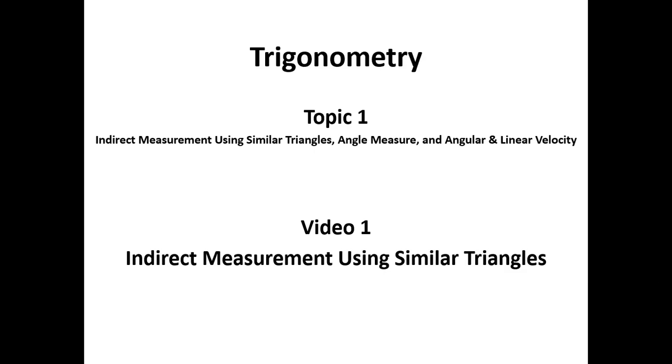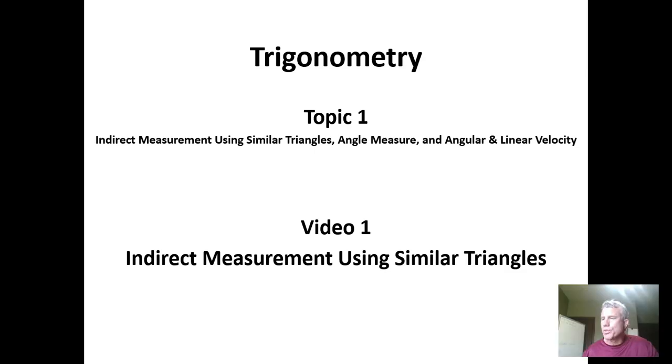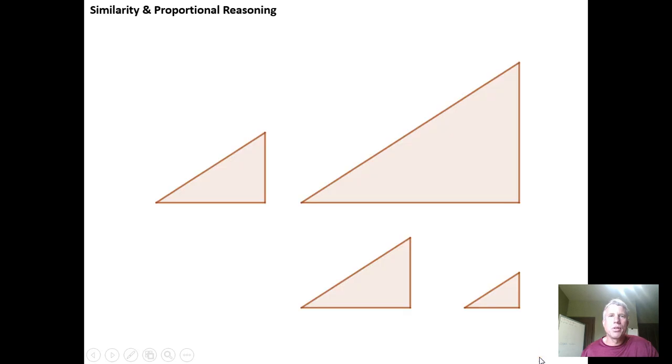In video 1, we're going to look at indirect measurement using similar triangles. So the idea behind similar triangles is real basic. The idea is that if we have a given triangle that has angles alpha, beta, and gamma, and if we have any other triangle that has exactly those same angle measurements,